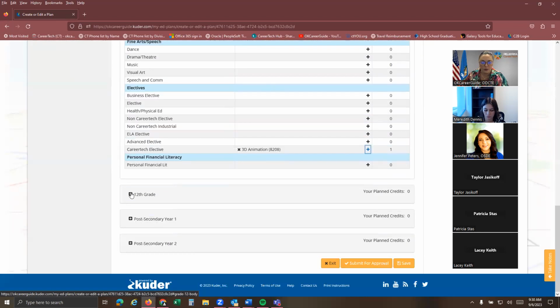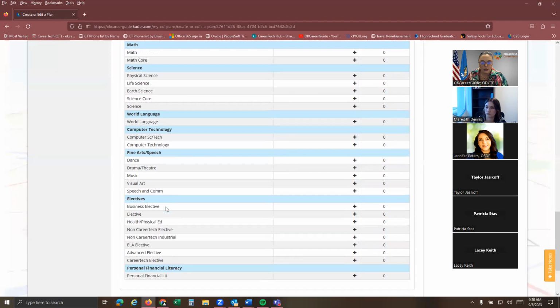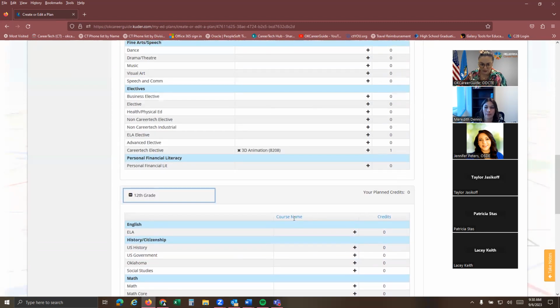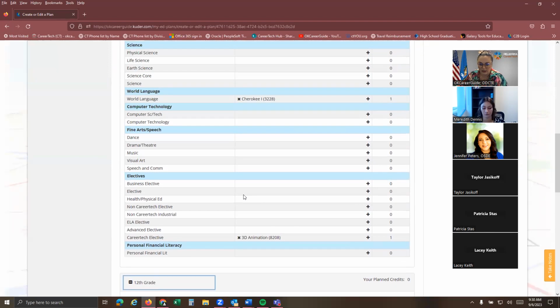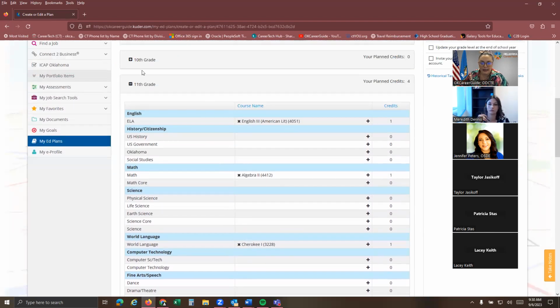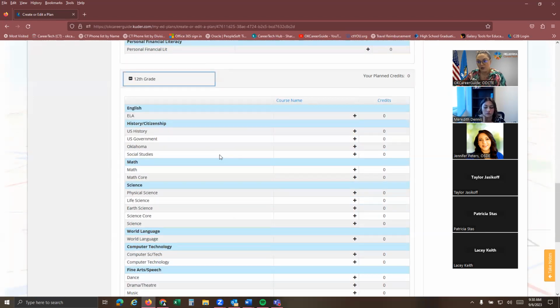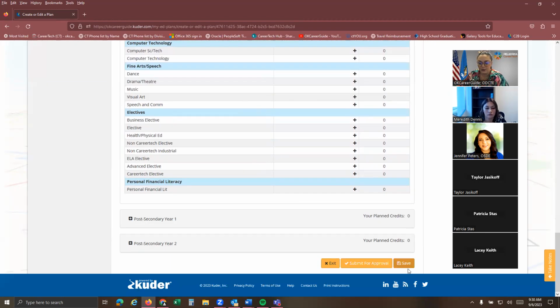You could also build them out for senior year too. And you'll even see post-secondary year 1 and 2 down here. You don't have to do that for ICAP. That was just additional things that we built out at career tech level. But keep that in mind that they could go ahead and build out for junior and senior years. And so it could be as simple as that.